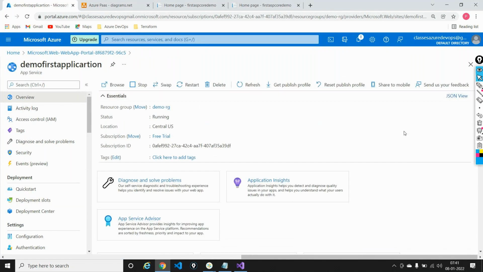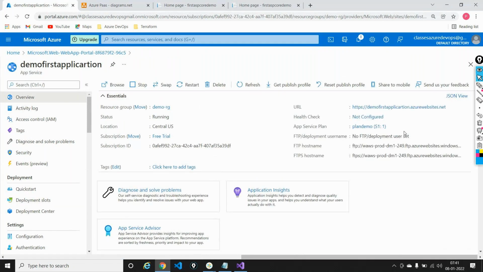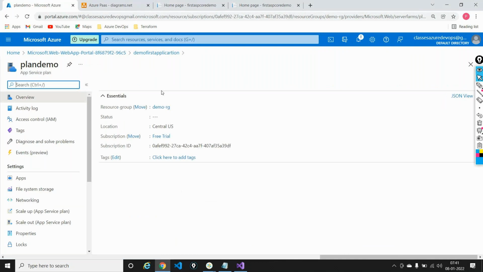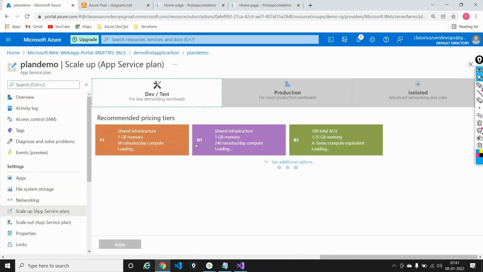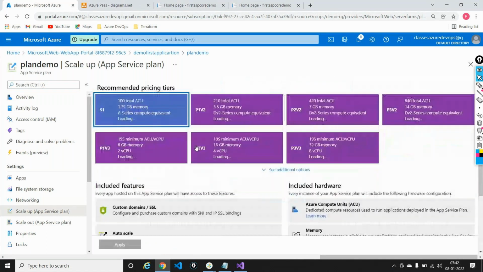So let's go into our plan. It's a 5. You can have a maximum of 5 slots because your plan supports up to 5.